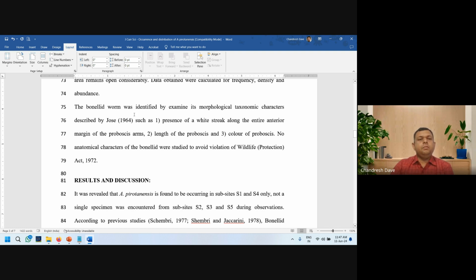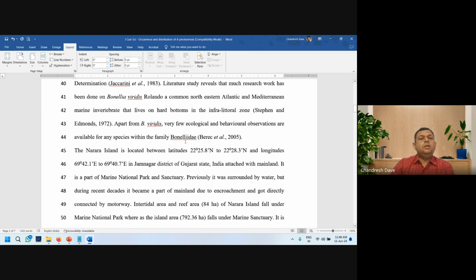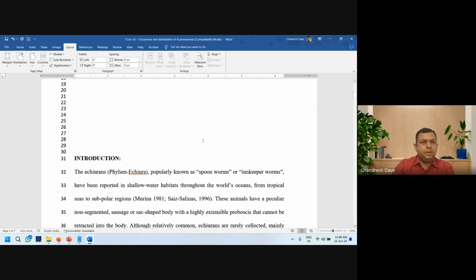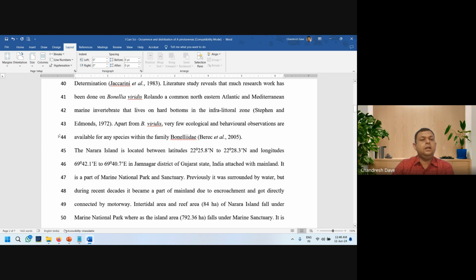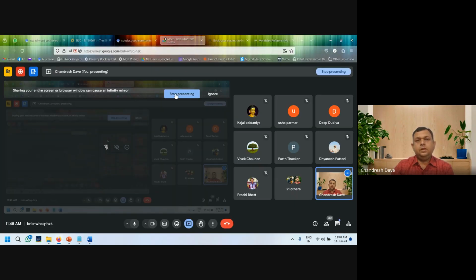For example, my reviewer suggested that I would like some more references to support my statement in introduction under line number 44. So I can exactly pinpoint where my reviewer wants me to change the documents. These are some of the features of Word.